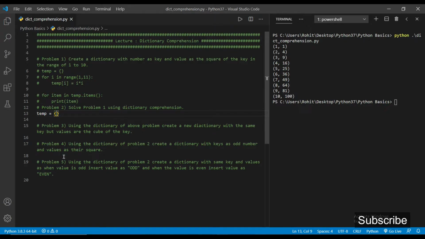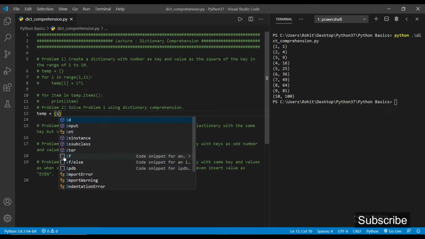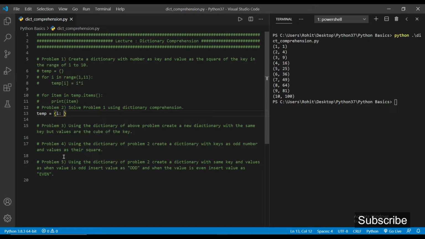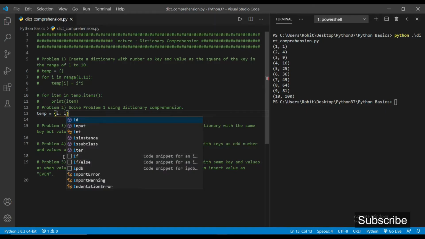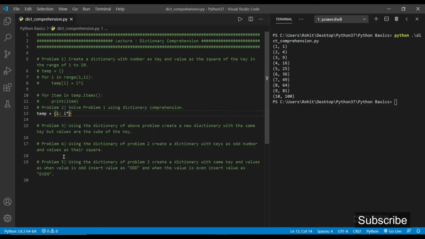Inside the curly braces we first write the key. So let the key be i, and after the colon we write its value. Its value will be the square of i, that is the key squared, so we write i star star 2.